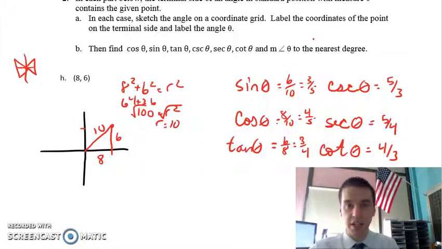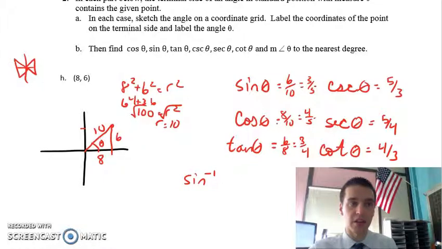Now, the one thing that we have not done yet is find the measure of angle theta to the nearest degree. Remember that this is theta. And so what I'm going to do is that you can use any of them since it's in this first quadrant. If it was in the second, third, or fourth, you would need to use whichever function is positive. So we're going to do a sine inverse of,